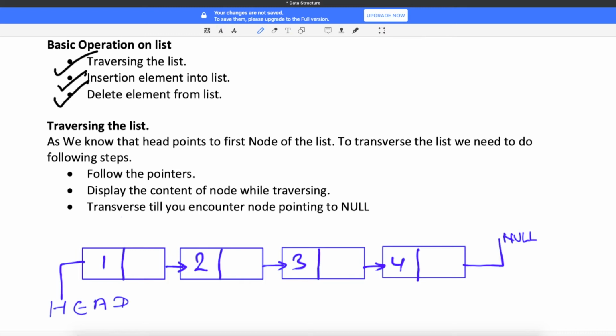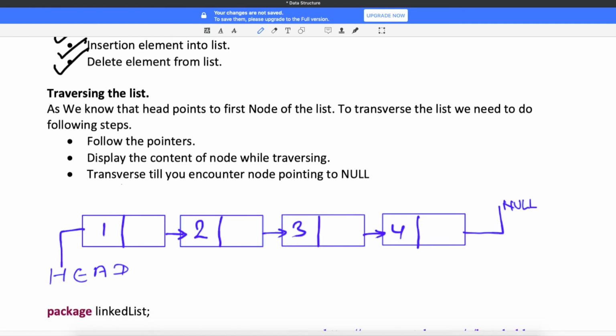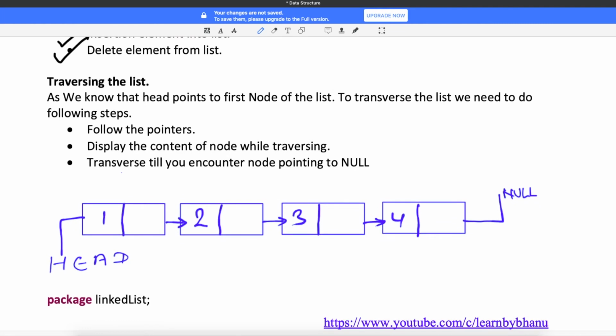So guys, in a singly linked list, if the interviewer asks you how do you traverse the list, you need to tell in the interview that whenever you traverse through the list, you always start from the head node. The head node is nothing but the first node of the list.